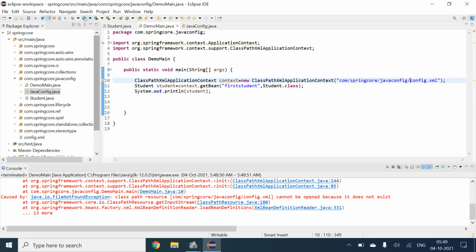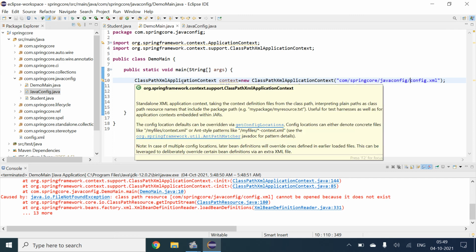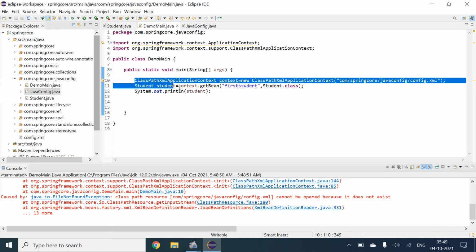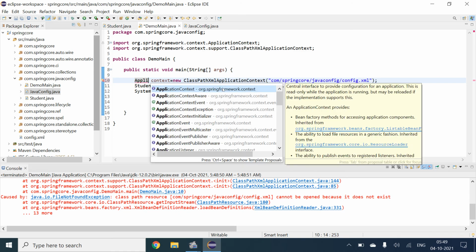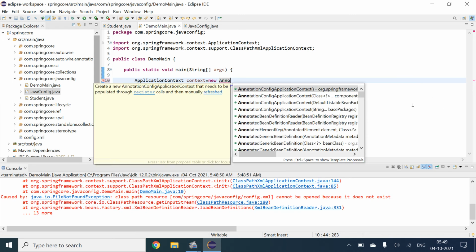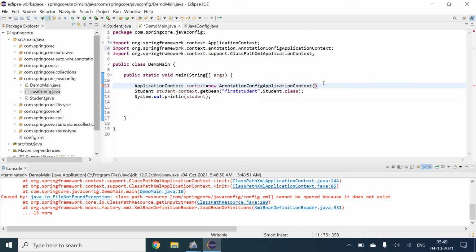Basically, we have to provide an application context: ApplicationContext equal to new AnnotationConfigApplicationContext, and in the brackets I will provide the path of the Java config.